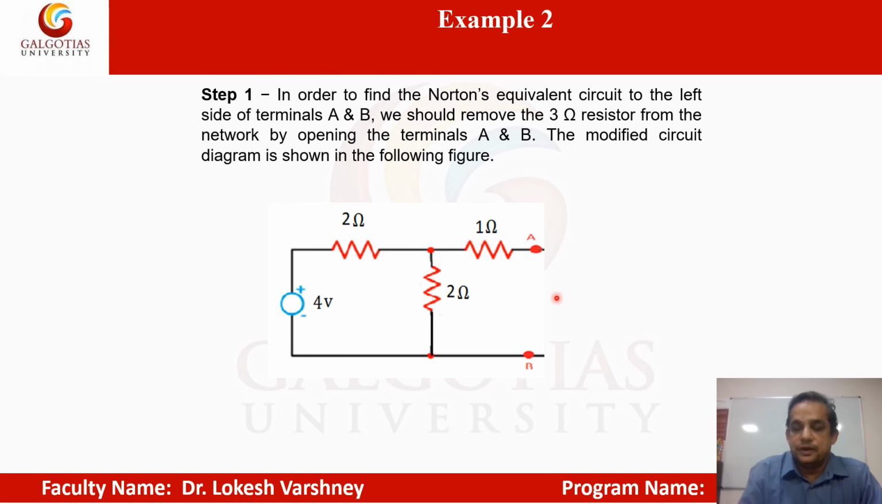Firstly, remove the load resistance which is 3 ohm. Step 1, in order to find the Norton equivalent circuit to the left side of terminals A and B, we should remove the 3 ohm resistor from the network by opening the terminals A and B. The modified circuit diagram is shown in the following figure. Here we remove the load resistance. Now come to the